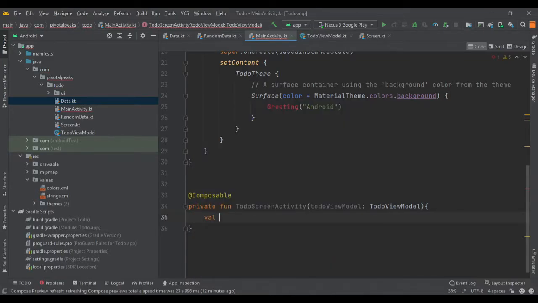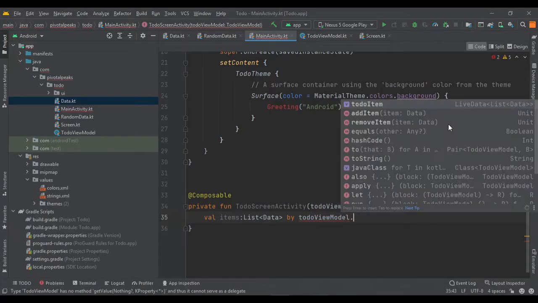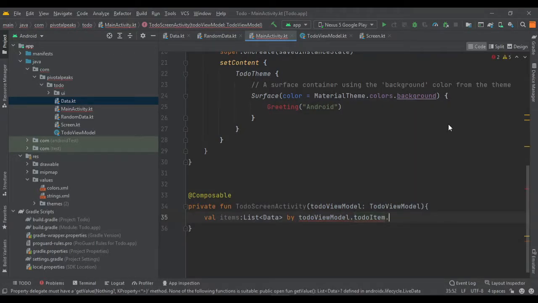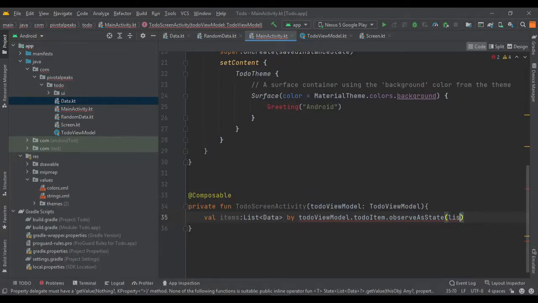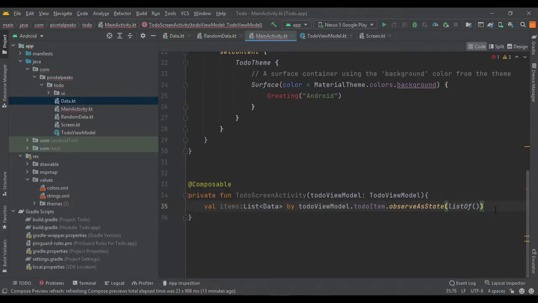Let's pass our first item, which is going to be items of type list, and we need to pass our data class by view model, or by toDoViewModel dot toDoItem, and then we need to call observeAsState, and then we need to pass the list of data, as a list of, and yeah, we need to delete this greeting.